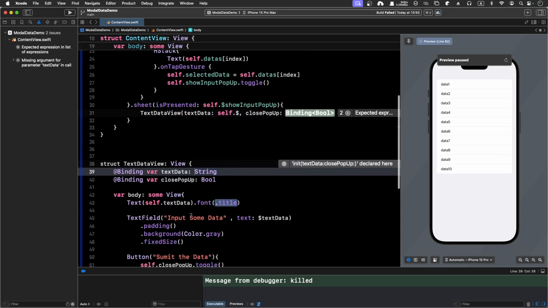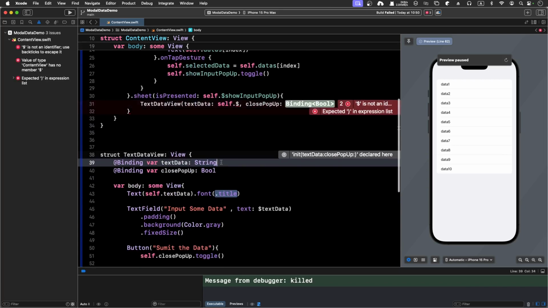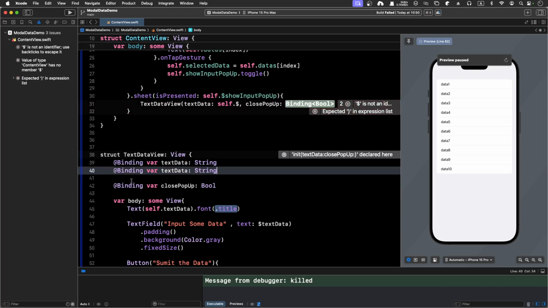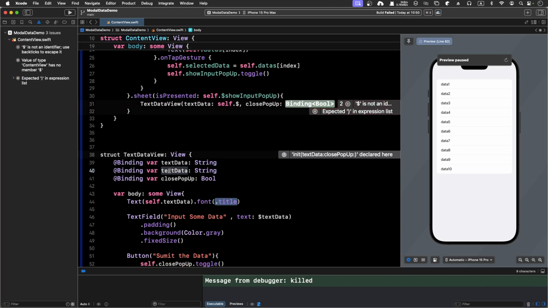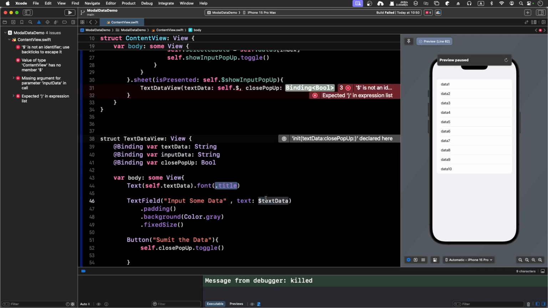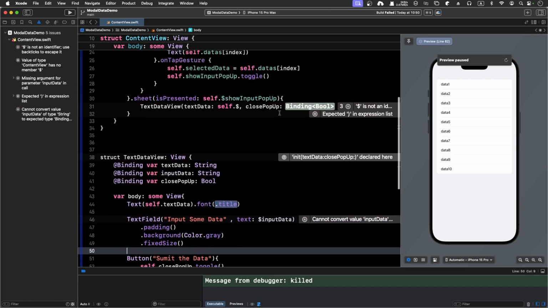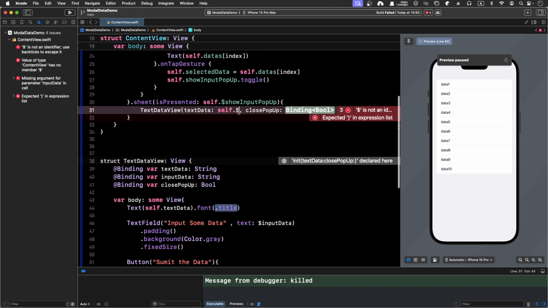So we've got this text data. I think I got the redundancy because the text data and input data should be different, so I'm going to use another thing. Command D to duplicate it. Text data is a show data, so there will be an input data, and so input data instead of text data and input data, and what is show is text data, right? Cannot convert input data. That's the adding a $ sign here. Okay, so then text data will be self dot,